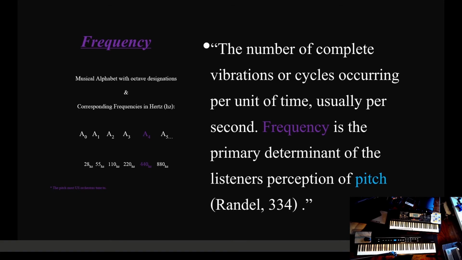There are different systems of tuning. There are, in the past, or maybe even still today, there were people who tuned that A to 435 hertz. So a little bit less, a few cycles less per second. Well, that changes the pitch. That completely changes the pitch, so it's not the same sound. But in equal temperament, in Western classical music, what we are focused on is A4 equaling 440 hertz.